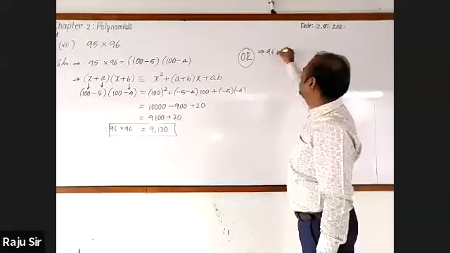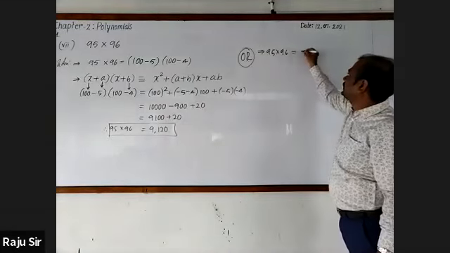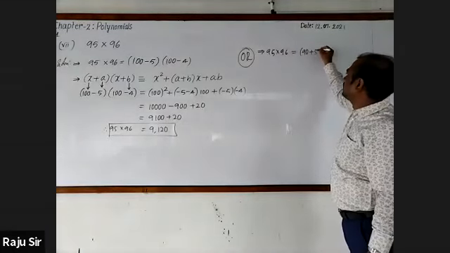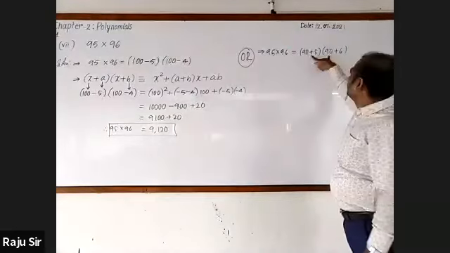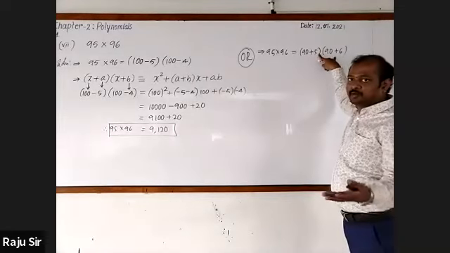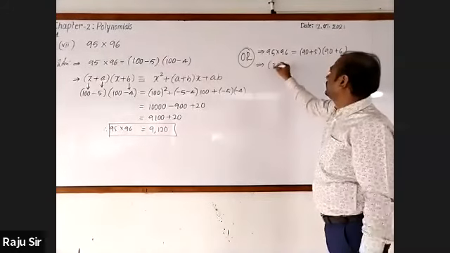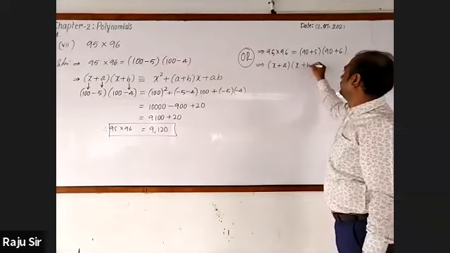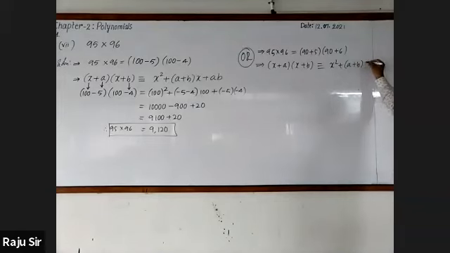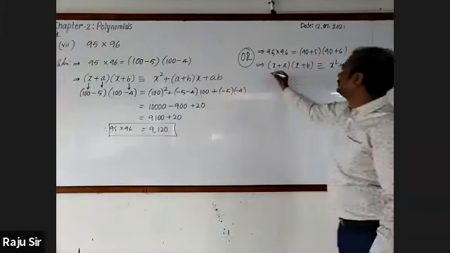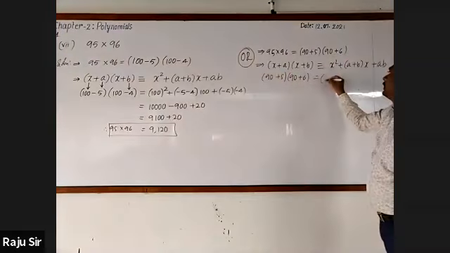Another method. 95 into 96. As a student said, I'll write it as 90 plus 5 into 90 plus 6. Here also, first term is same, second terms are different. Therefore, x plus a and x plus b can be used. Start writing with me. x plus a into x plus b, which is exactly equal to x square plus a plus b into x plus ab. This is 90 plus 5 into 90 plus 6, which is equal to.